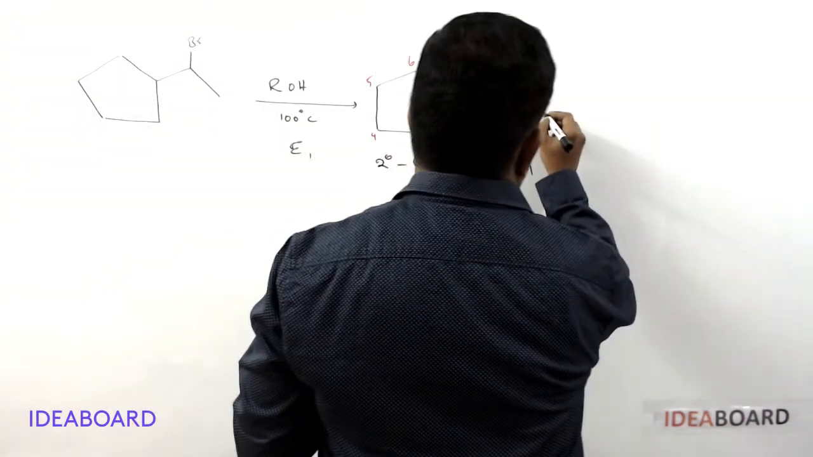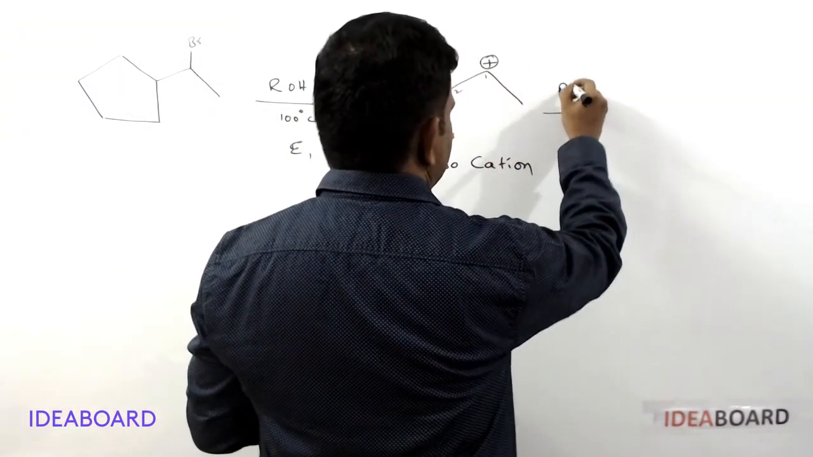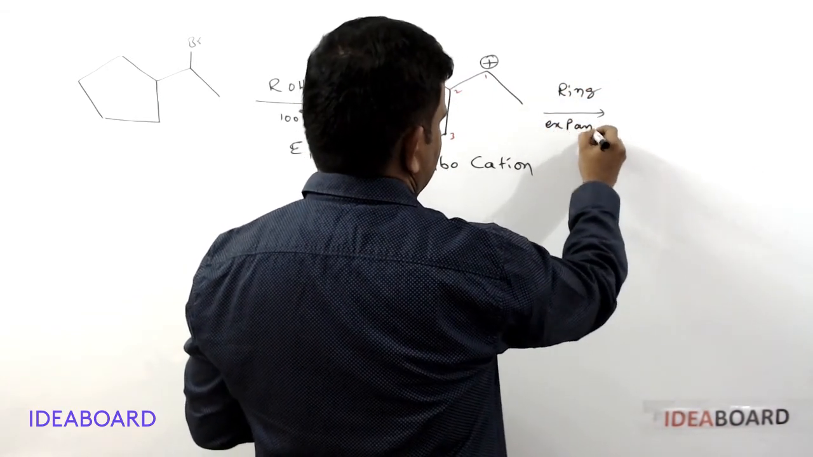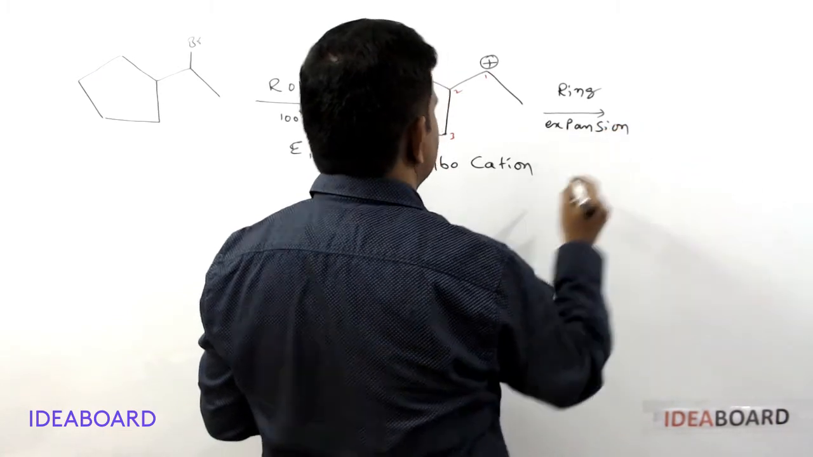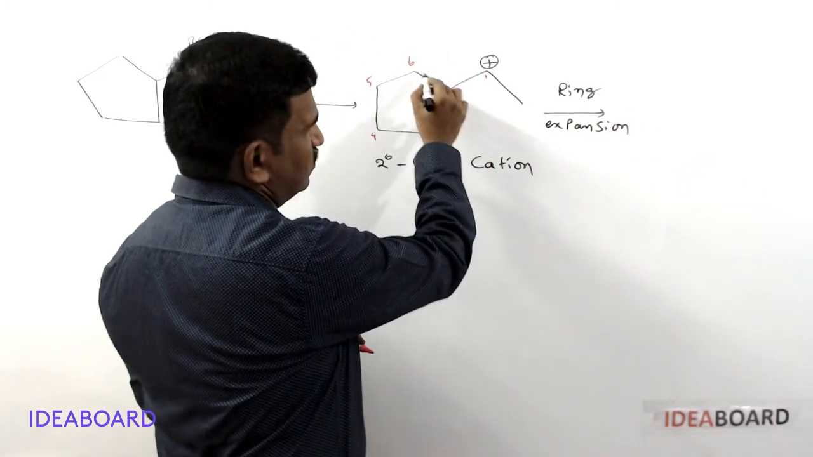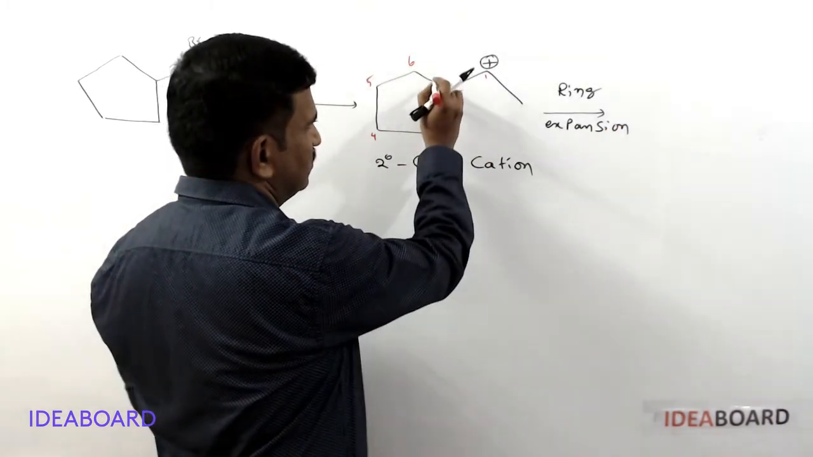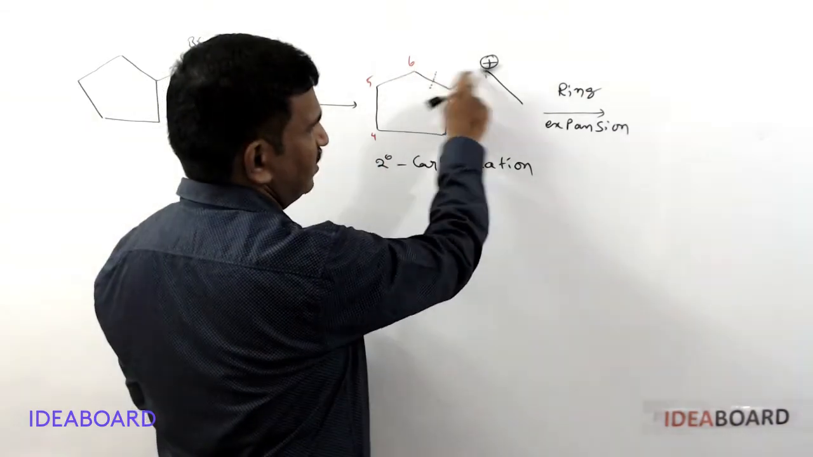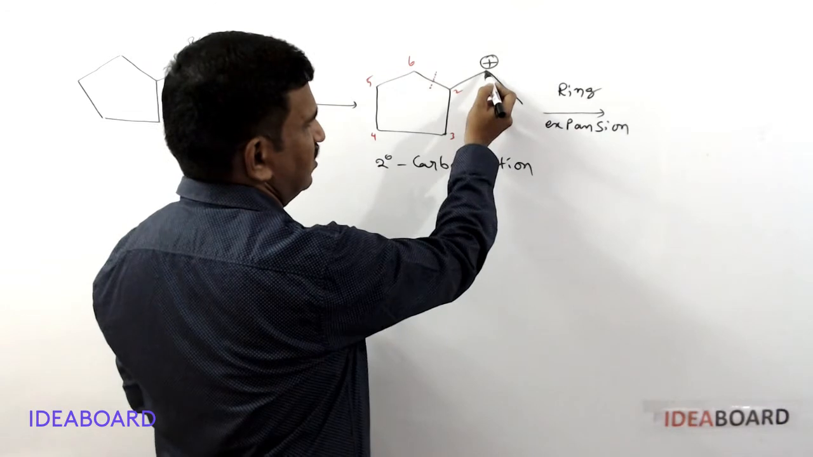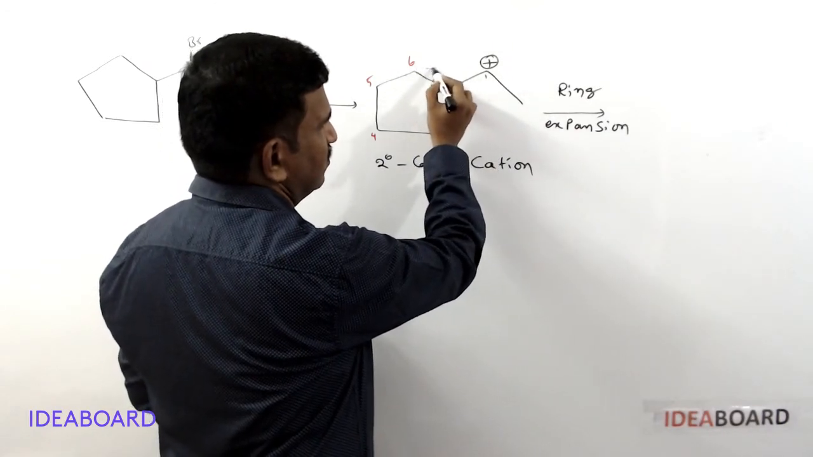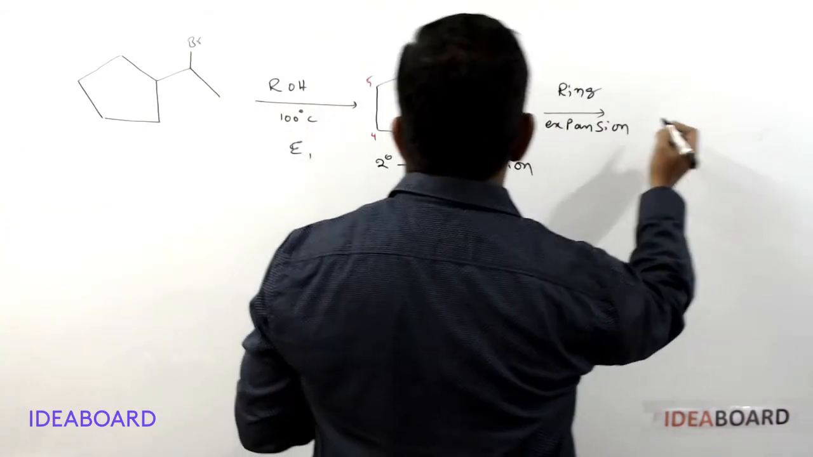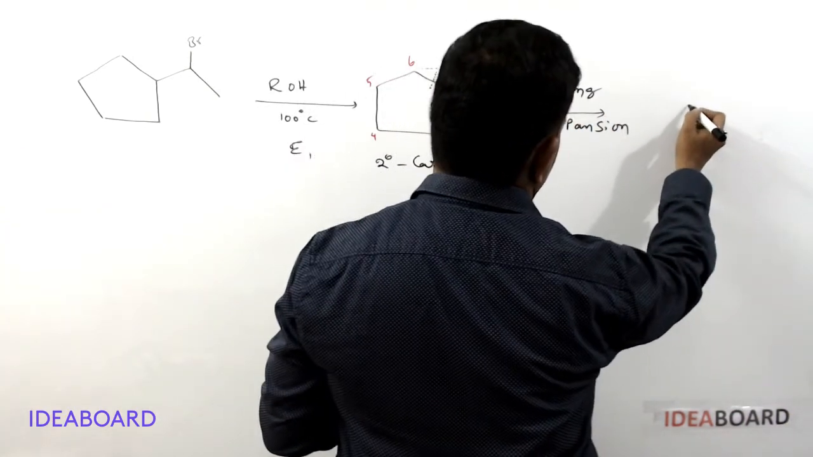Okay, and then it is undergoing ring expansion. So the ring expansion process occurs. By the ring expansion process, the bond dissociates. This bond is dissociating, and it is forming a new bond between the first carbon and the sixth carbon. So this is the new bond forming. So what is the bond formed here? Totally we are getting